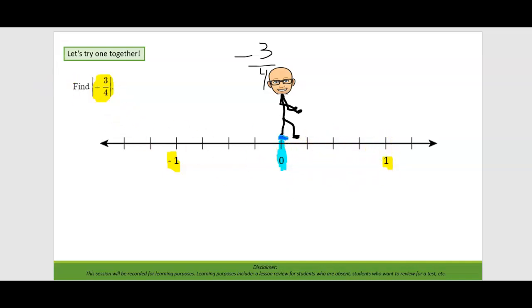Well, it looks like they want us to do it in fractions because they're saying 3/4. So it's probably in fourths. Well, how many spaces are there in between? 1, 2, 3, 4. So each one's worth a fourth. So this must be 1/4 here. This is 2/4, also known as, AKA,